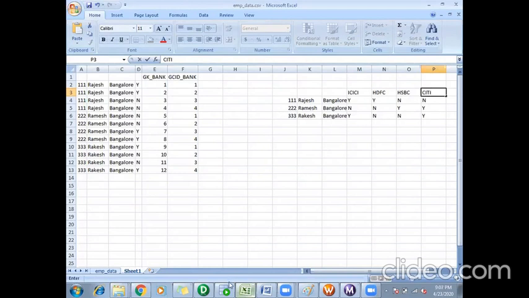Okay, so if you see the first Y here is for ICICI Bank, the next Y is here for HSBC. By seeing the GCID number, I can tell wherever GCID number is equal to 1, that is for ICICI, that is these records